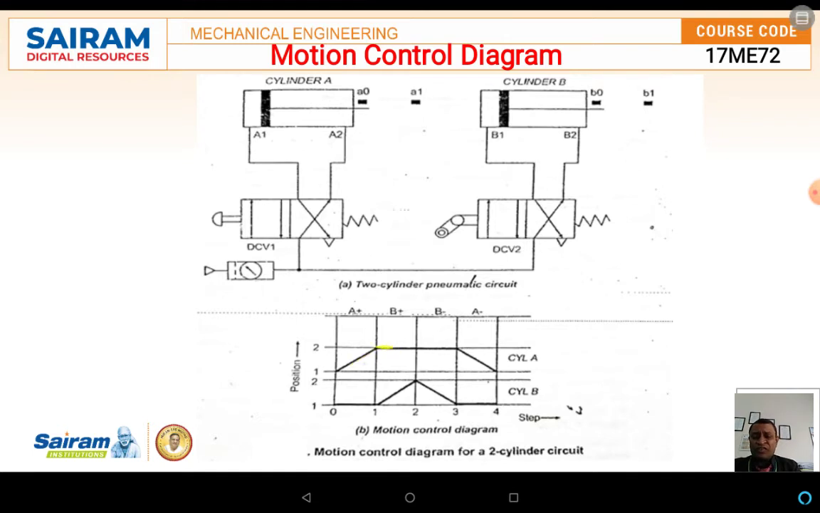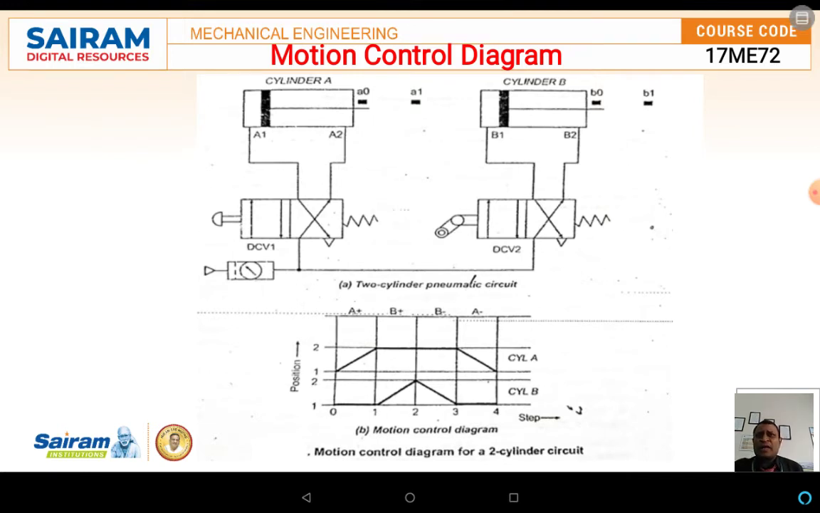Once the cylinder has reached point A2, then the extension of cylinder B takes place, and it reaches point B2. Once it reaches point B2, afterwards cylinder A retracts to the normal position, which is A1. In the same way, at that particular point cylinder B will be idle. See, this is the movement of the cylinders with respect to the